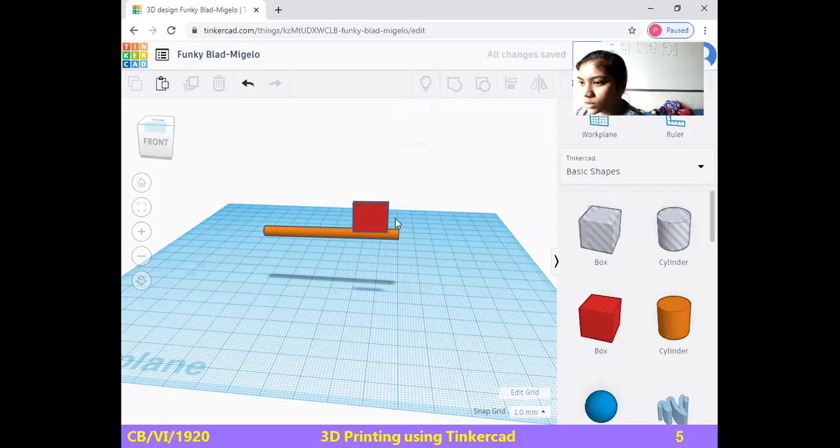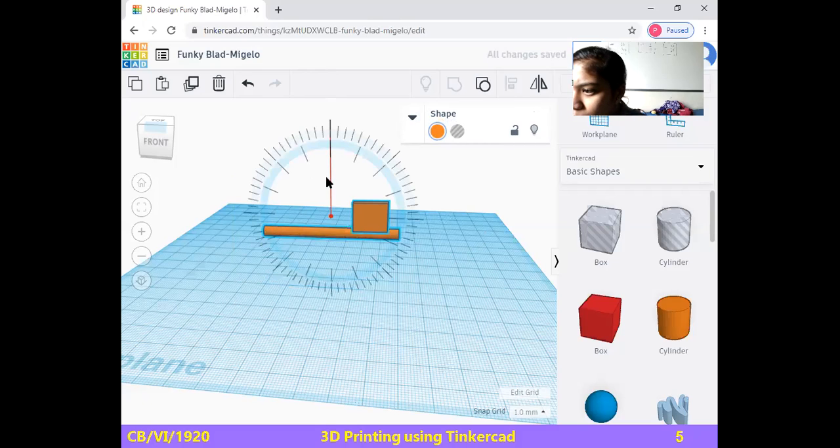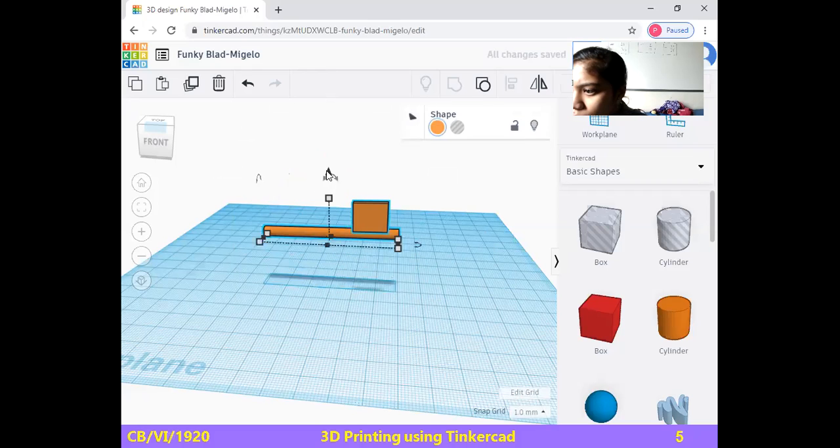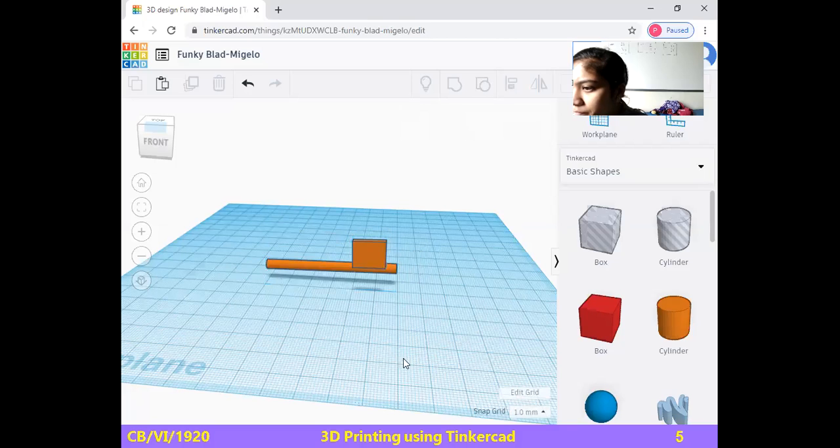It looks like a key. Made a group of them. Taking it down. Now we have to create